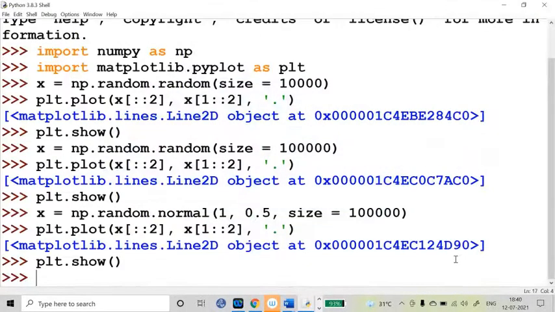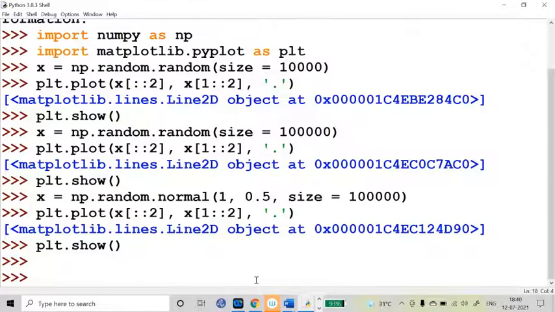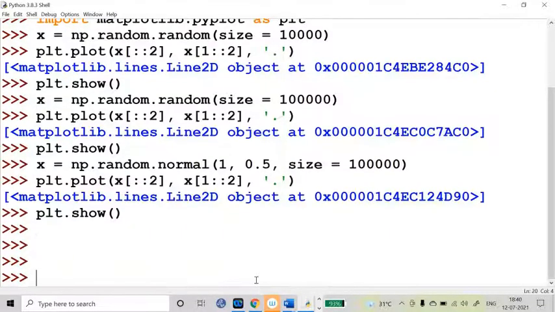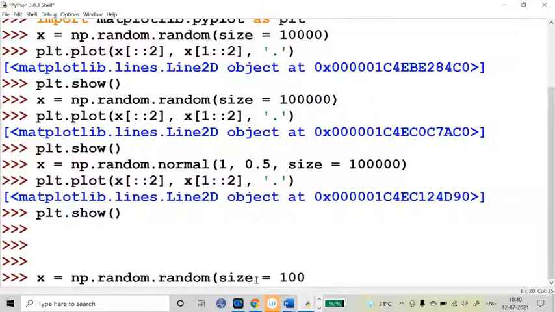Now let me check with a set of numbers which are not random, or are partially random. Let me do this exercise. Let me create a set of random numbers x equal to np.random.random, and I create a size of say 100 random numbers.